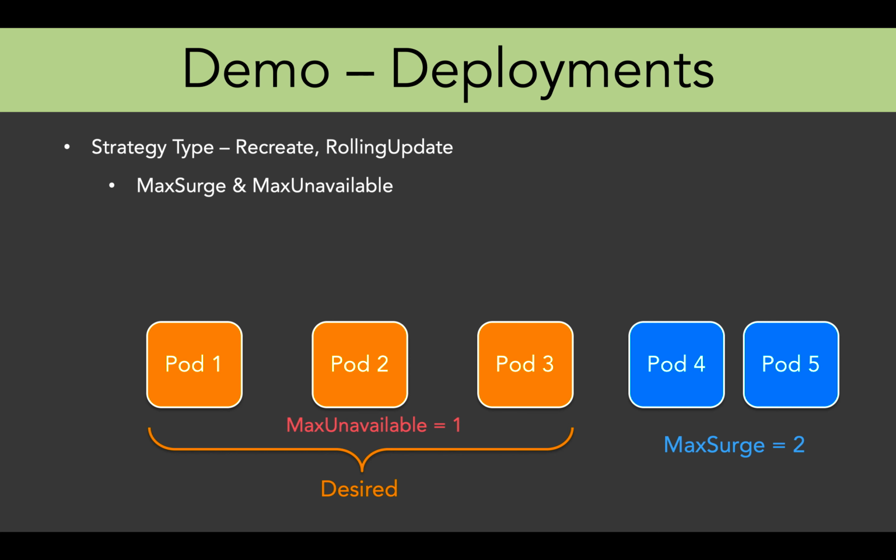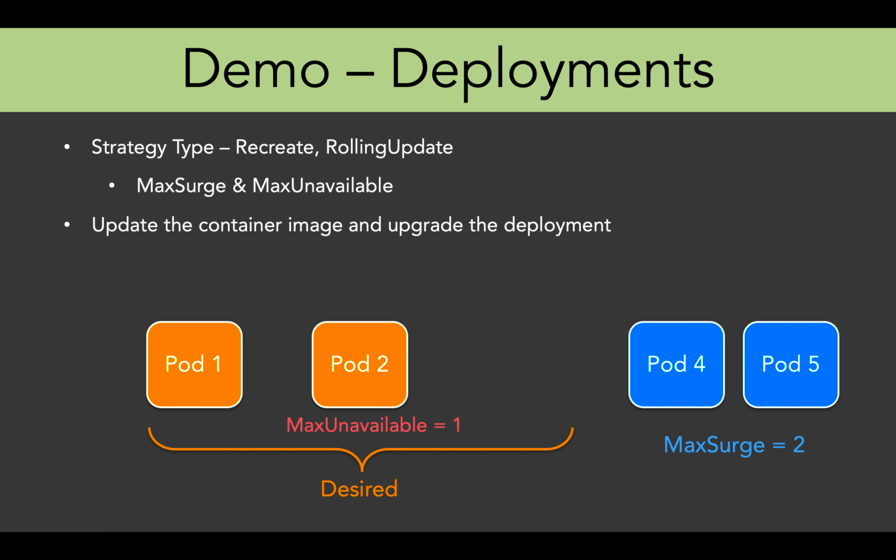For example, if you mention max unavailable to be 1, then we can have a minimum of 2 pods running even though the desired count is 3. So Kubernetes deployment will not try to launch one more pod because you have mentioned that max unavailable to be 1. And these options are provided in the manifest file of the deployment once you mention the strategy.